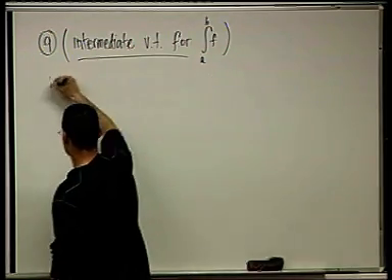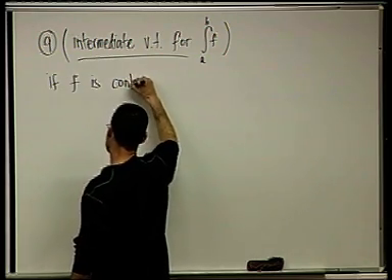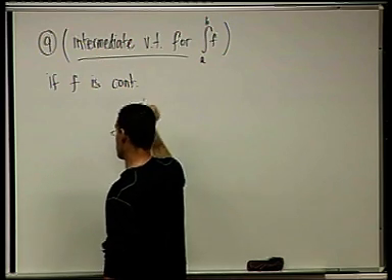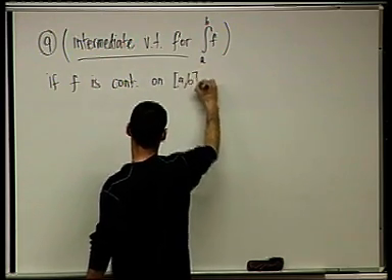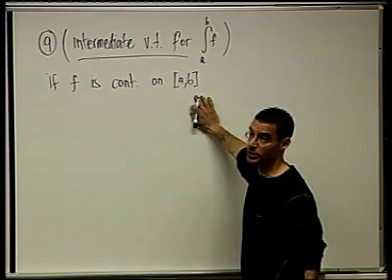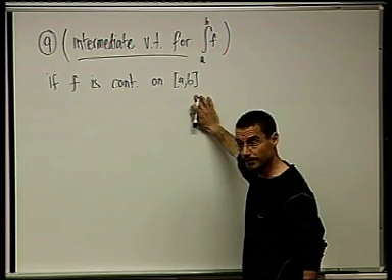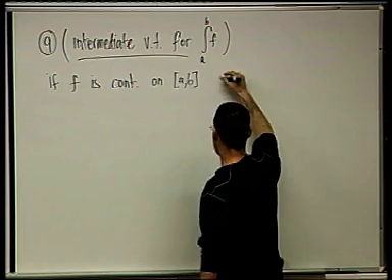If f is, here we have to strengthen the assumption a bit and assume that the function is continuous on [a, b]. That, of course, implies that it's integrable. That was a theorem that we had: any continuous function is integrable, right? Okay, so if it's also continuous, then